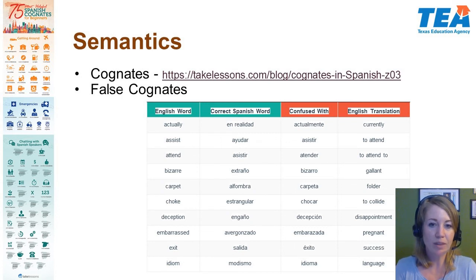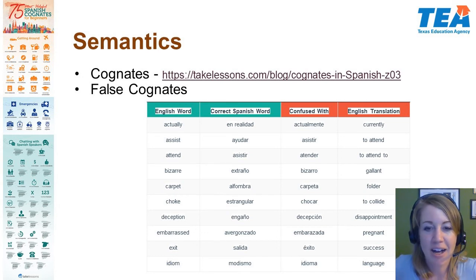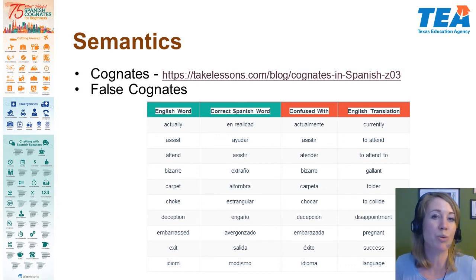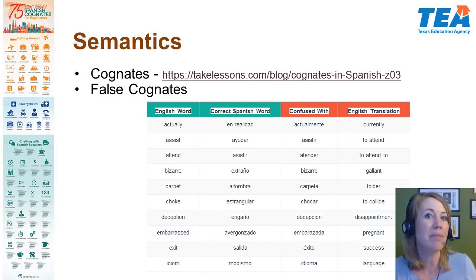Okay, so let's go down to the third from the last. We have the English word embarrassed. Okay, I'm embarrassed, so I put my foot in my mouth, right? And then in Spanish, the word embarrassed is actually, oh, you guys are going to laugh at me. Avergonzado. It's okay, you can laugh at me. So, that would be the Spanish word that has the same meaning as the English word